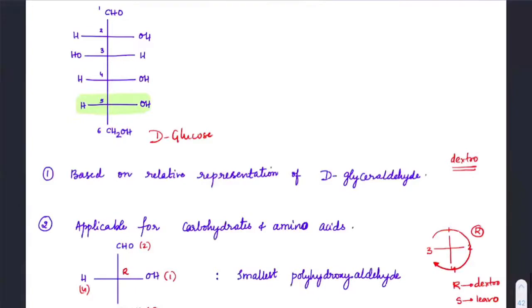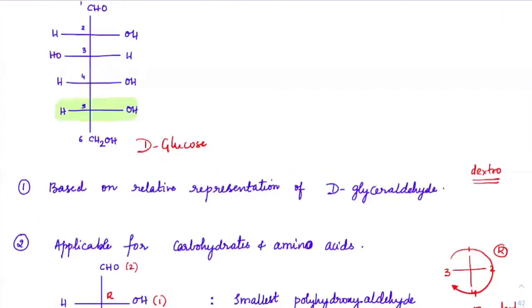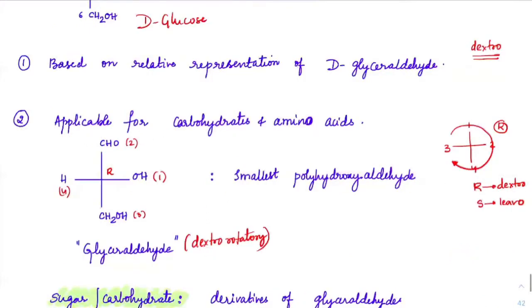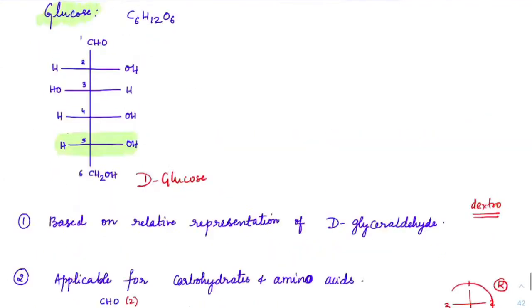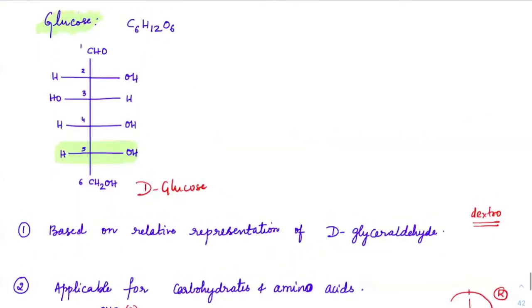Okay. You may have seen Glucon D, right? Capital D is written, not small d there, right? That capital D is coming from that D-glucose. In fact, every glucose, wherever you see, there will be capital D written. Fructose, sucrose, anything. Why? Because they are all derivatives of glyceraldehyde, in which OH is on the right hand side. Think that way. Clear, everybody? So that will be D-glyceraldehyde. Similarly, this will become D-glucose. Capital D glucose. If you take fructose also, I'll just draw the structure of fructose.